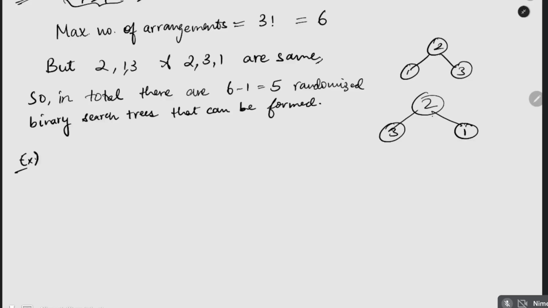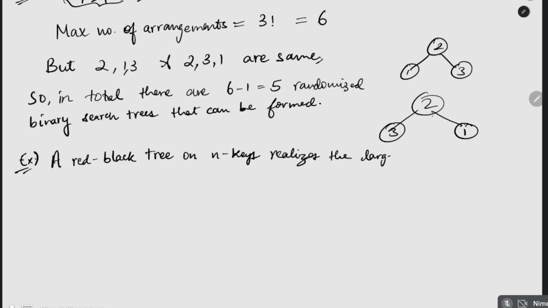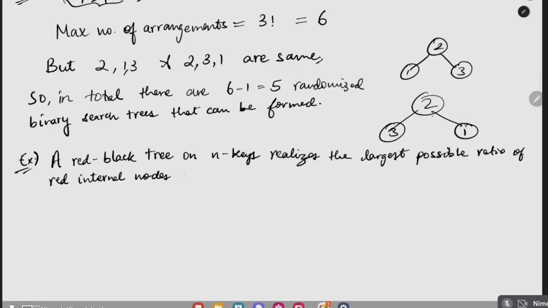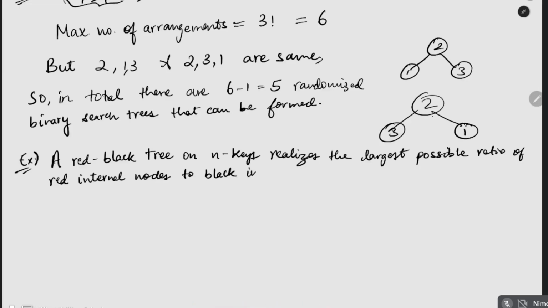Let's take another example. A red black tree on n keys realizes the largest possible ratio of red internal nodes to black internal nodes when option A: